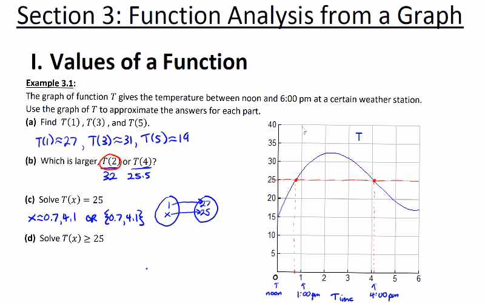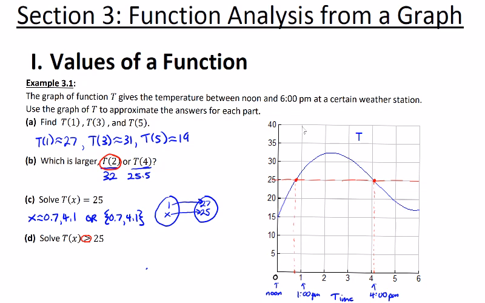All right, and the last part, part D, wants us to build on part C. So it does say T of x equal to 25, which we already know. We've already marked those points. But we also want to mark all the points where we are going to be greater than 25. So what points are we going to see have a temperature that's greater than 25? Well, any point that's going to be above my horizontal red line here should have a temperature that's greater than